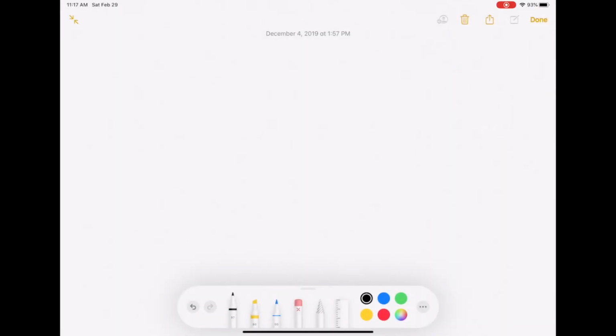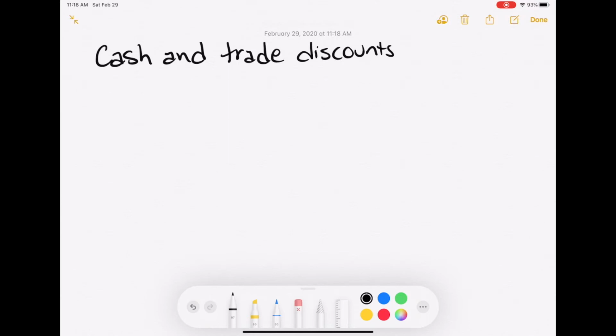Good morning. Today we will be completing lesson 10-2, starting on page 425, and it is cash and trade discounts. I have found that over the years, this lesson either tricks you or clicks with you immediately. Just a forewarning, I am one of those people that kind of gets tricked by this lesson